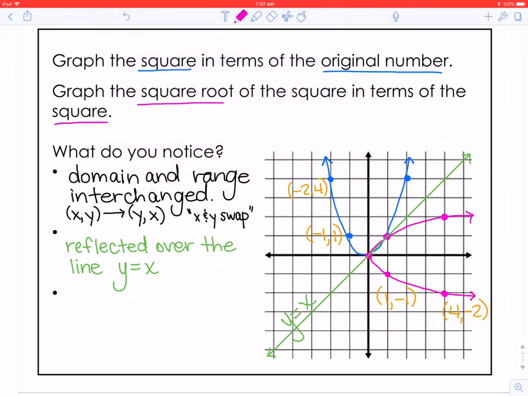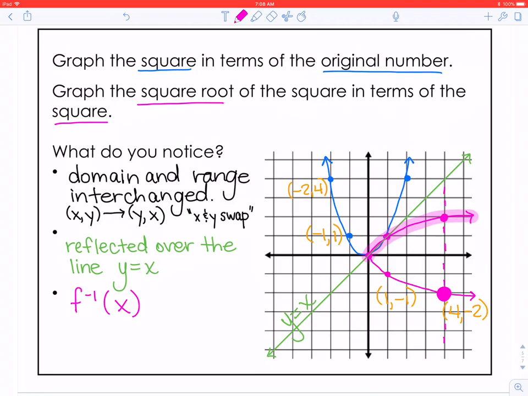Okay? And then the last thing that we want to point out is that if we're looking at our square root relationship, we see this horizontal parabola. We know that this is actually not a function because we are miserably failing the vertical line test. If we were to compare even just right here a vertical line passing through our graph, we see that it fails the vertical line test. There are two y values assigned to the same x value, and for that reason we would have to restrict the domain and only look at those positive values, the principal square root, in order to get our square root function as the inverse of